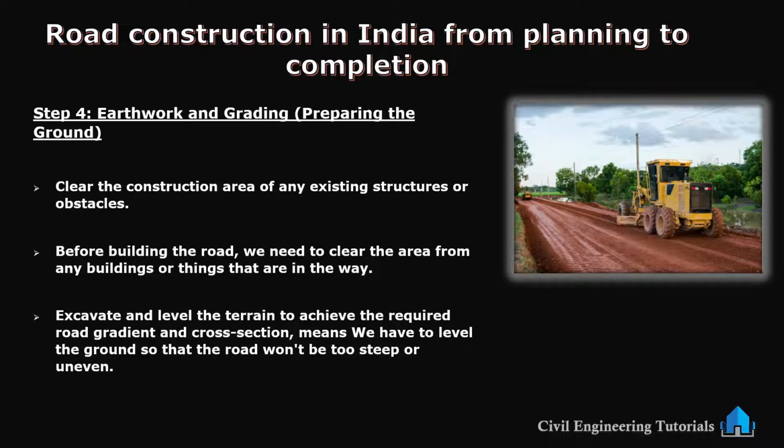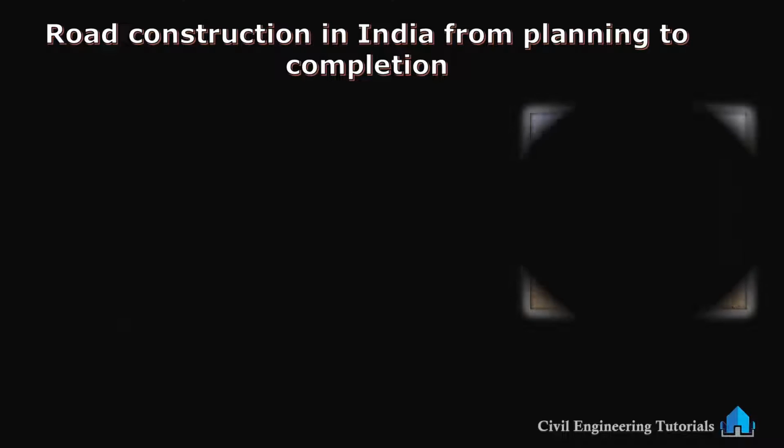Okay. So, excavate and level the terrain to achieve the required road gradient and cross sections. Means we have to level the ground so that the road won't be too steep or too uneven. So, this is the step number 4, means we have to prepare the ground, earthwork and grading. Now, step number 5,